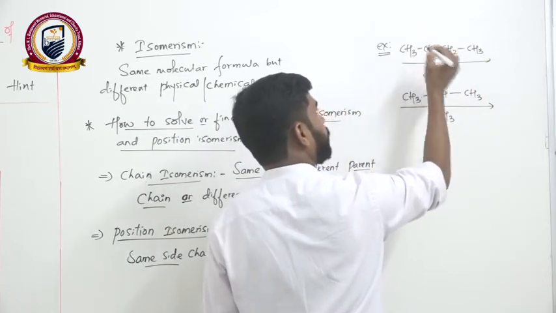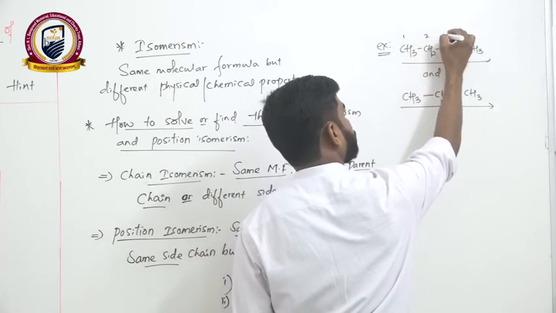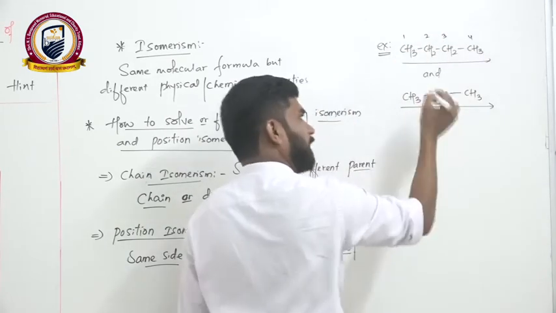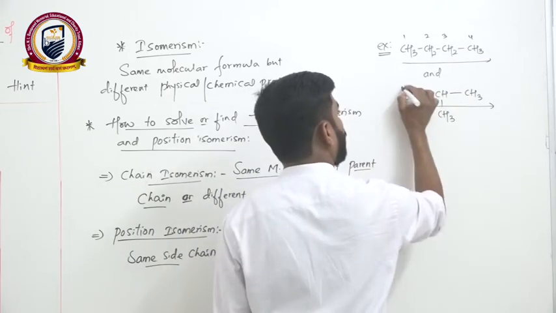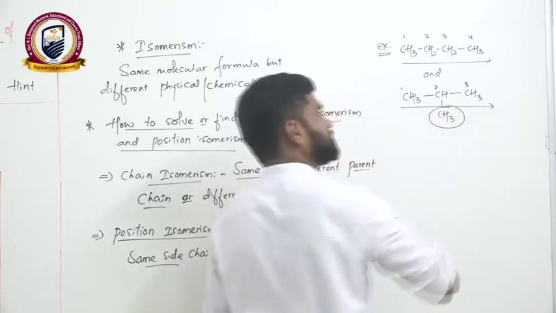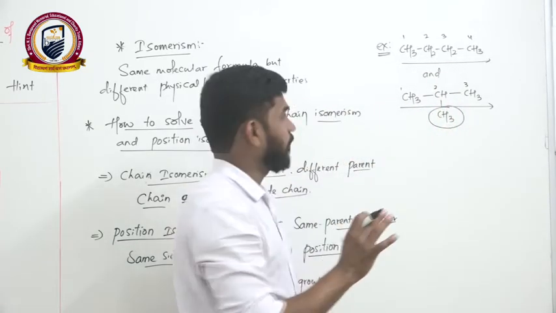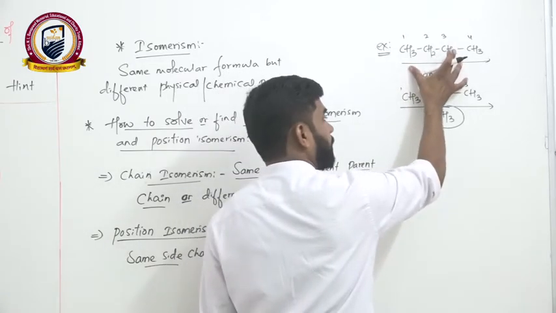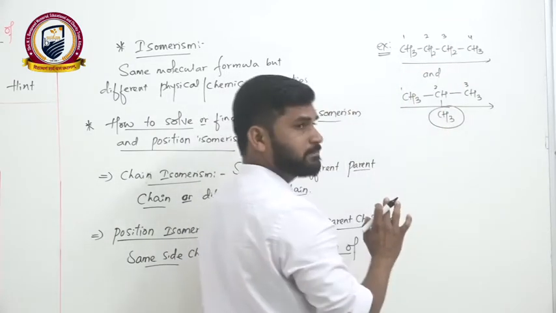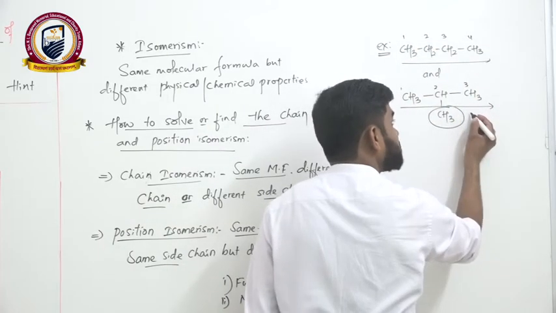In this compound, the parent chain has 4 carbon atoms: 1, 2, 3, 4. And in this compound, the parent chain has 1, 2, 3, and this will be the side chain. Therefore, these two compounds have the same molecular formula, because both have a total of 4 carbon atoms, but this parent chain has 4 carbon atoms and this parent chain has